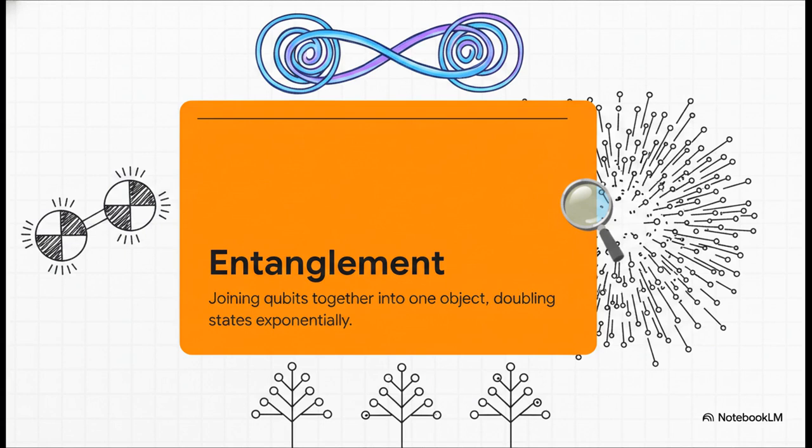Entanglement happens when you take several qubits and join them together so inextricably that they literally have to be treated as one single object. If you entangle just 2 qubits, they can exist in a mixed state of 4 possibilities all at once. And here's where the math just explodes. Every single time you add just one more entangled qubit, you double the number of states the system can exist in. It scales exponentially. While classical computers are stuck searching through data one by one, entangled quantum computers can process a massive, exponentially growing number of states simultaneously.